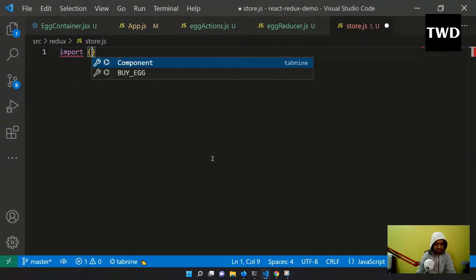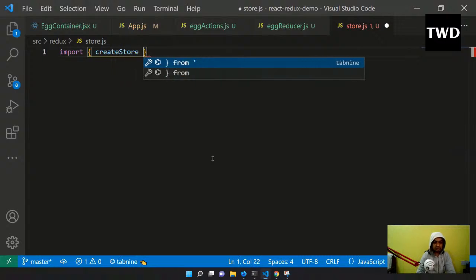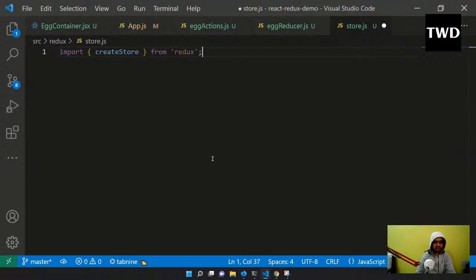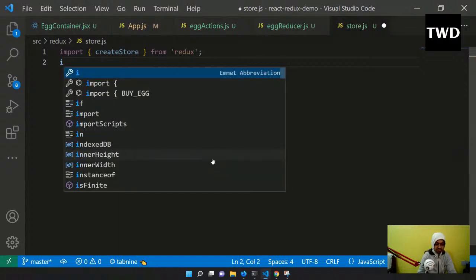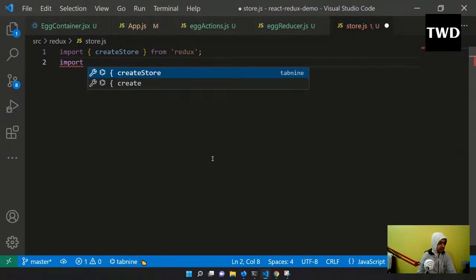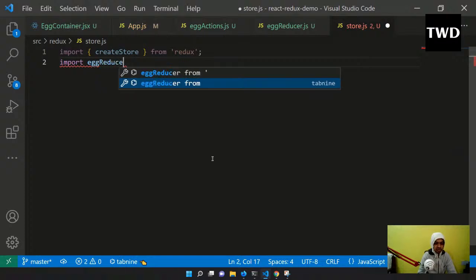Import createStore from Redux. One sec, it's very cold. Okay, then import eggReducer